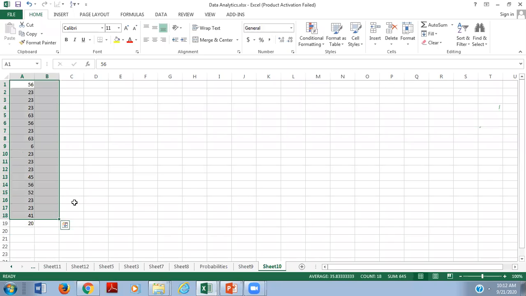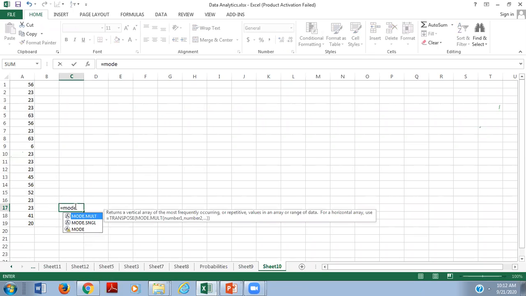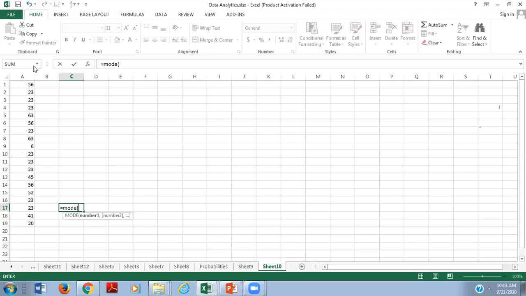Now in statistics, there is one formula for mode also, simple. We have to write mode, then bracket, then select a particular range, then enter.